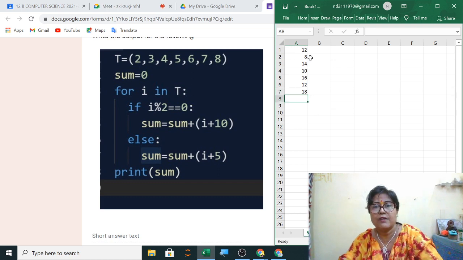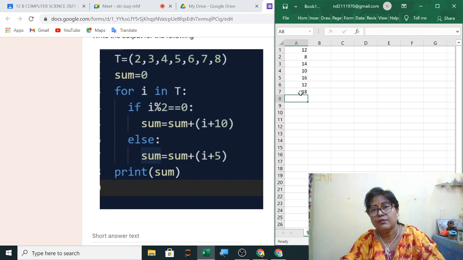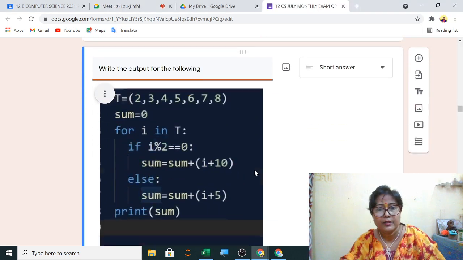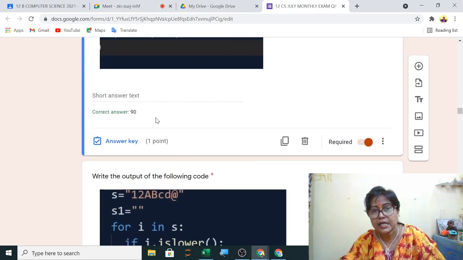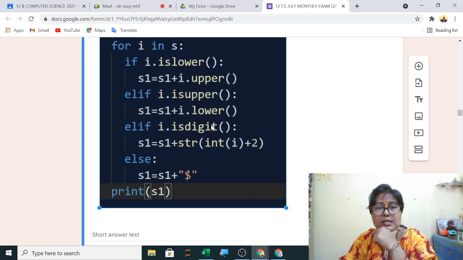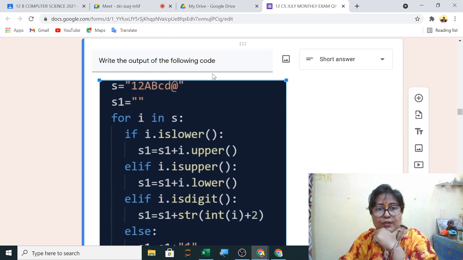So this you have to add. You can add 8, 9, 10, 14, 20, 30. So the answer will be 90. So you check here your answer. Yes, the correct answer is 90. Correct.